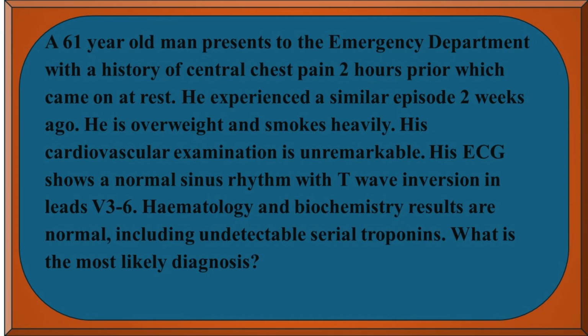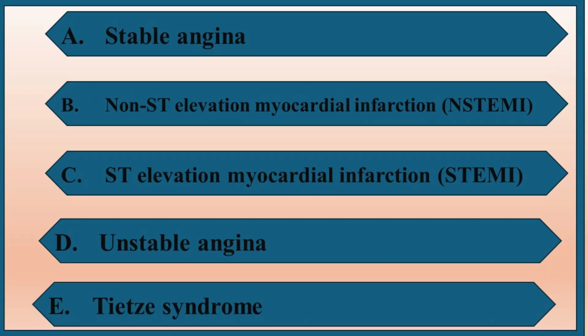His ECG shows a normal sinus rhythm with T-wave inversion in leads V3 to 6. Hematology and biochemistry results are normal, including undetectable serial troponins. What is the most likely diagnosis? Options are A. Stable angina, B. Non-ST elevation myocardial infarction,